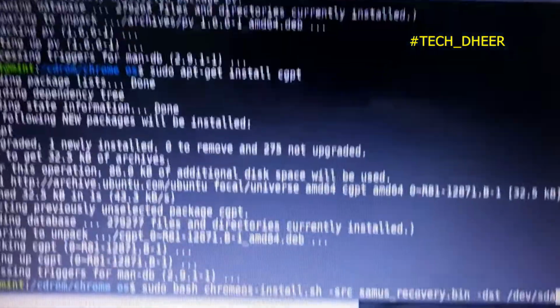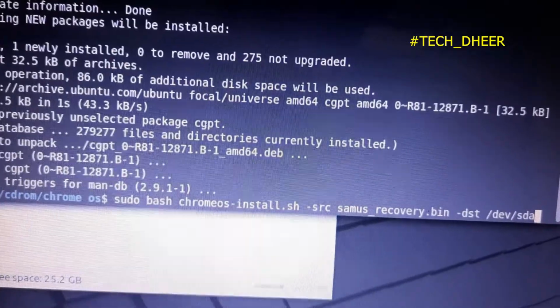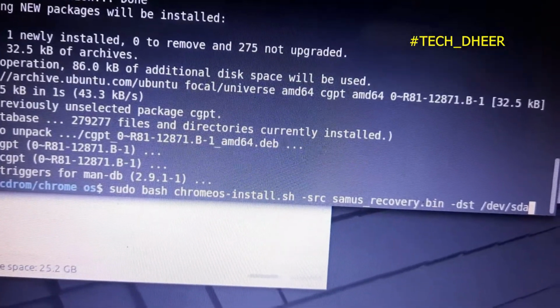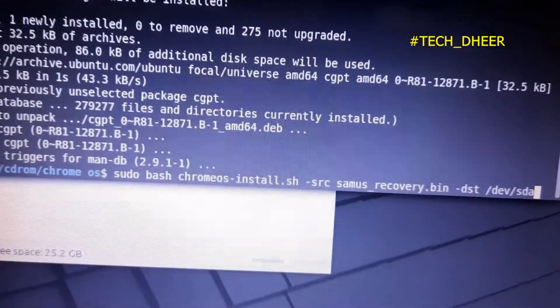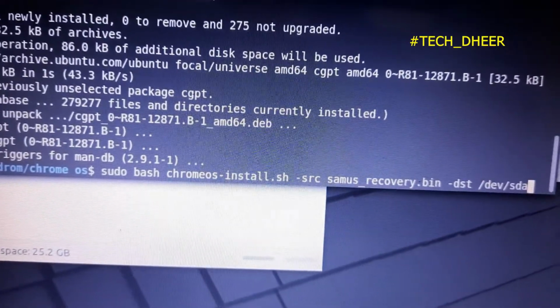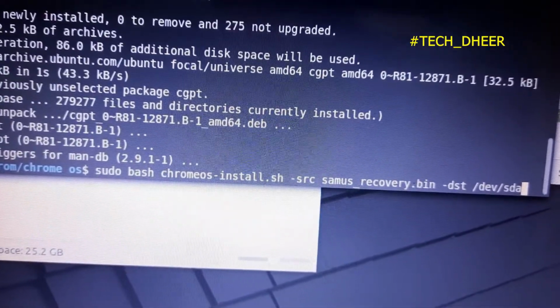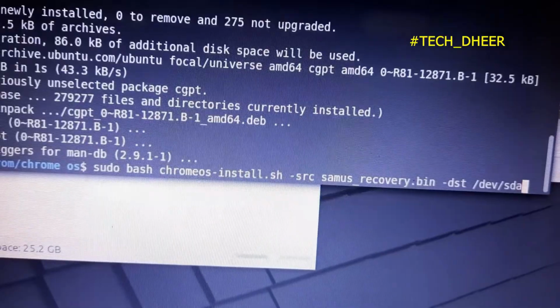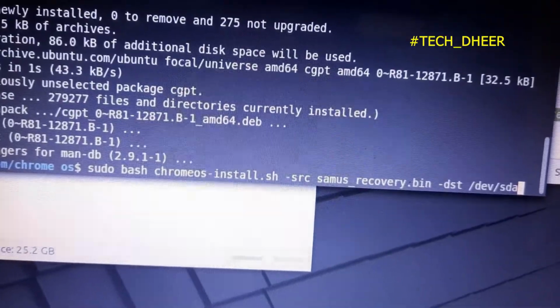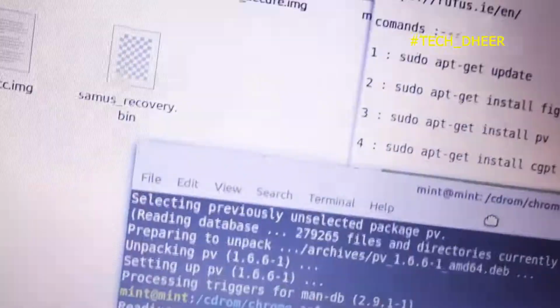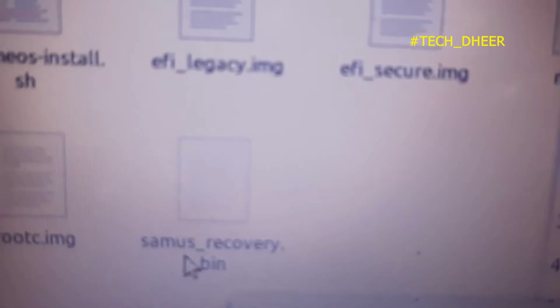Okay, so it is sudo space bash space chromeos-install.sh space -src, and after -src, see over here samus_recovery.bin.